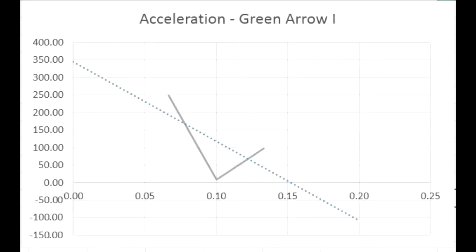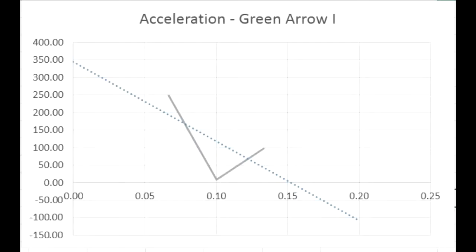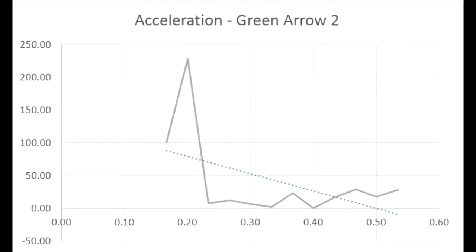Above is the acceleration graph for the first video clip of Green Arrow. In this scene, he shot an arrow at a thug. In order to simulate a theoretical friendly environment, let us just look at the trend line marked by the blue dots. We can see it is going down, and given the circumstances of the footage, the arrow is indeed following the laws of physics.